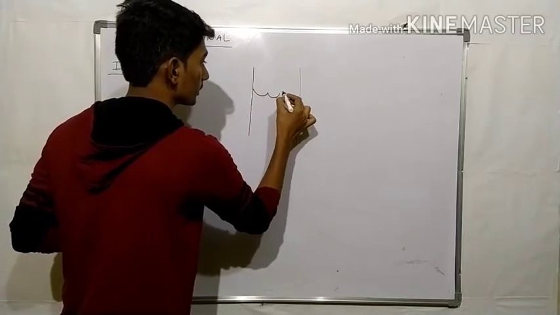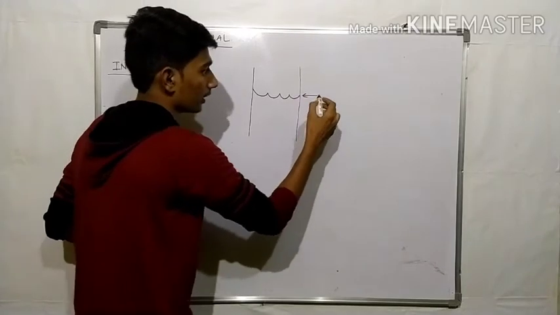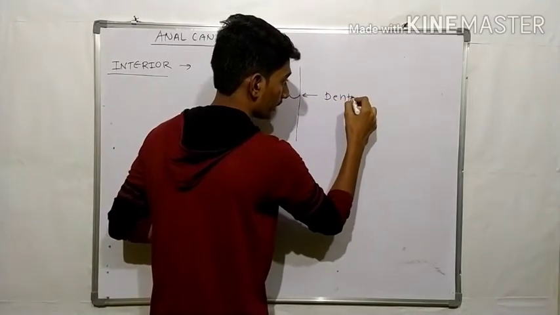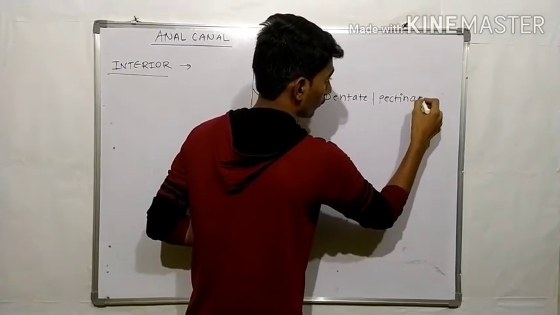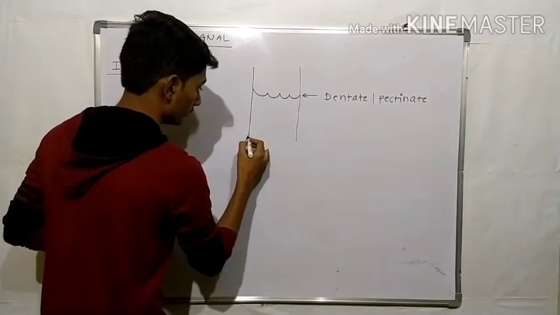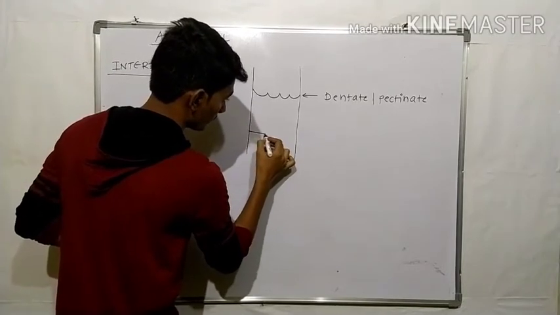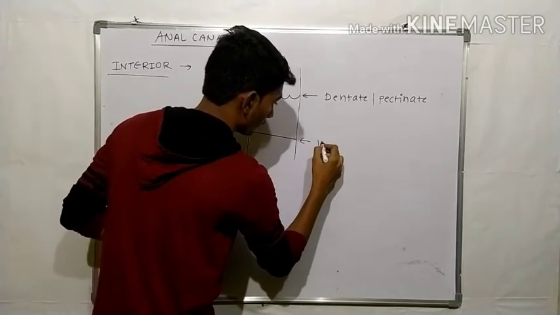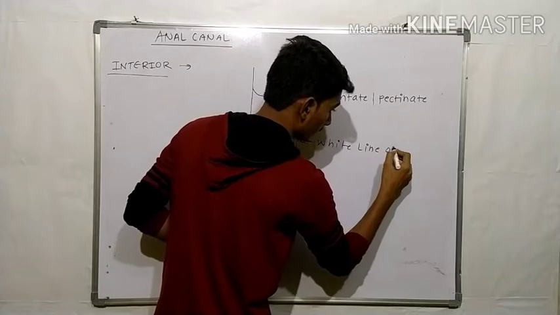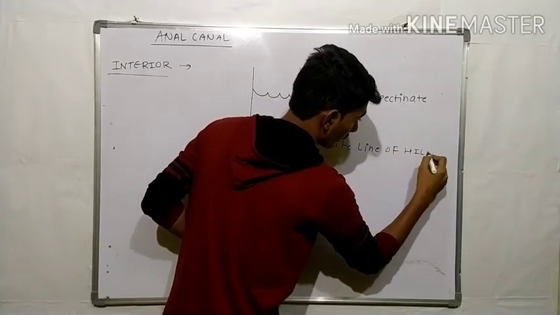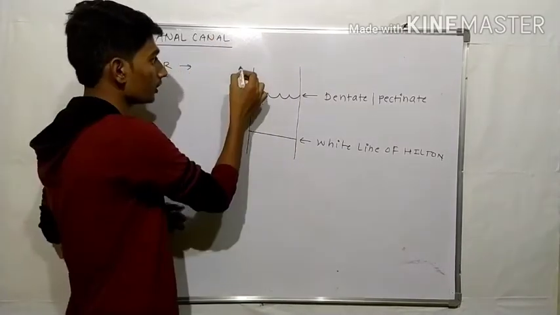This is the pectinate line, this is the dentate line or pectinate line, this is the dentate or pectinate line. Okay, now another line here is the white line of Hilton, white line of Hilton. Okay. This anal canal is total